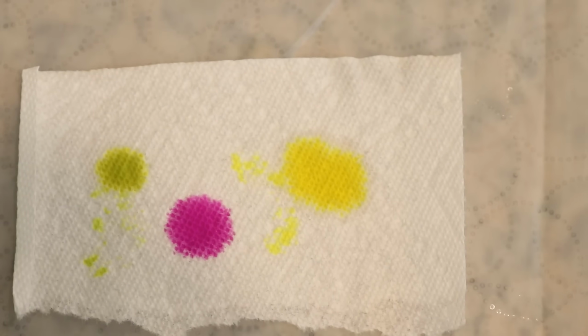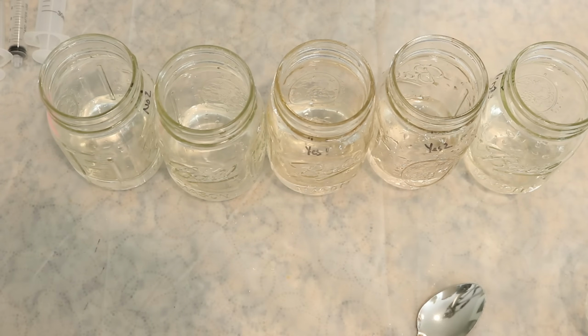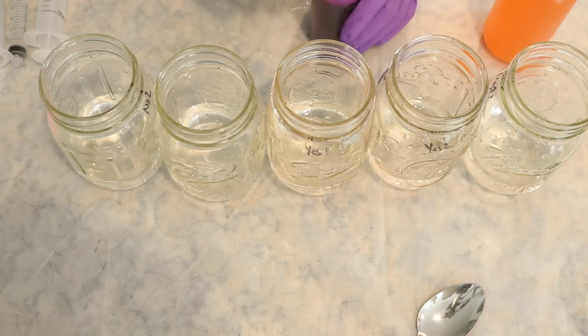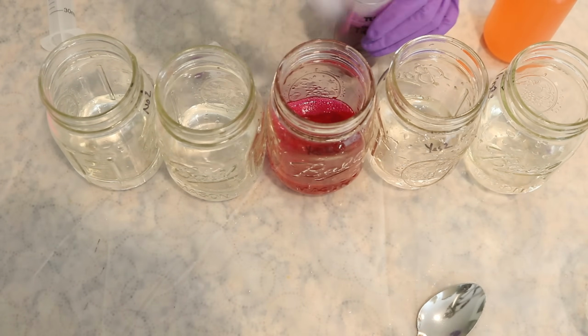I mixed up 3 1% stock solutions of Dharma acid dyes in radioactive, fluorescent fuchsia, and fluorescent lemon. All of these colors are fluorescent, but looking at them, the difference between the pink and yellow seemed to be the most extreme, so I decided to pick those 2 colors to try to create our gradient and transition. We could do our mixture with calculations, and I think that's still probably what we will do, but I do want to start a little more qualitative. So we are going to take 10 milliliters of our fuchsia